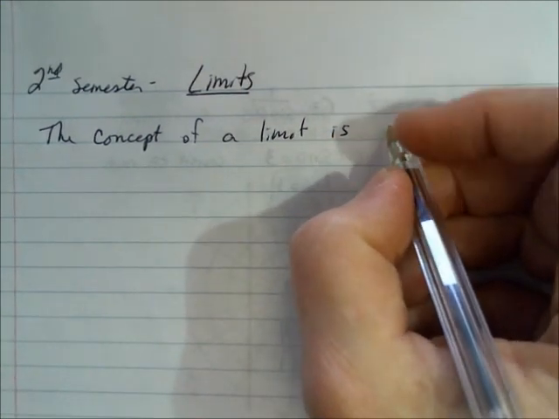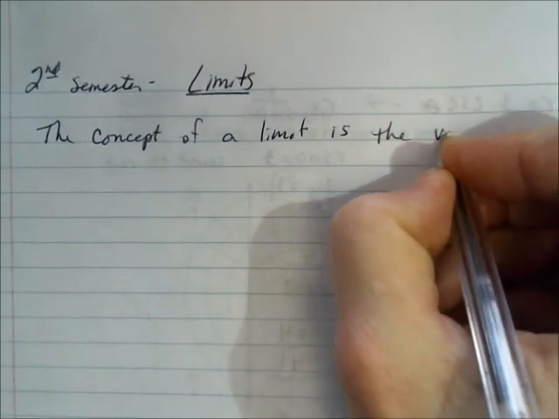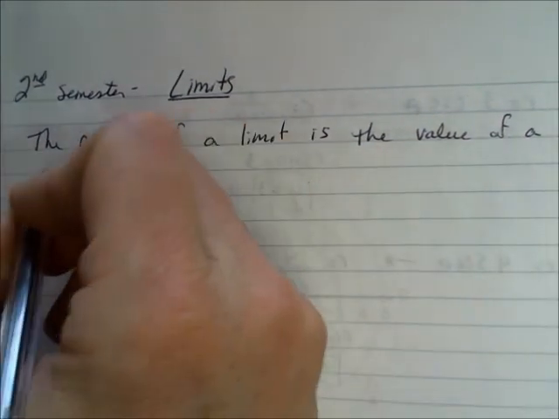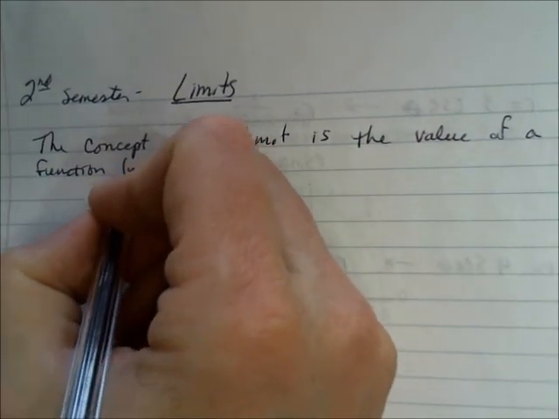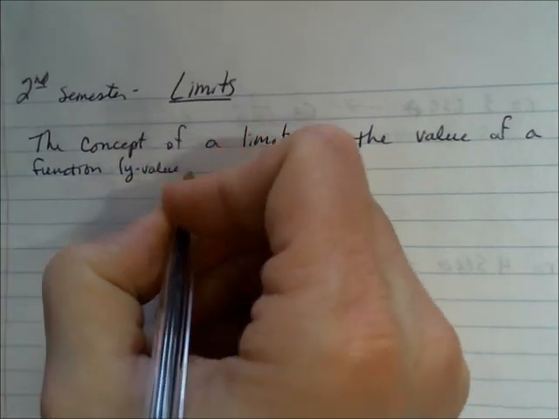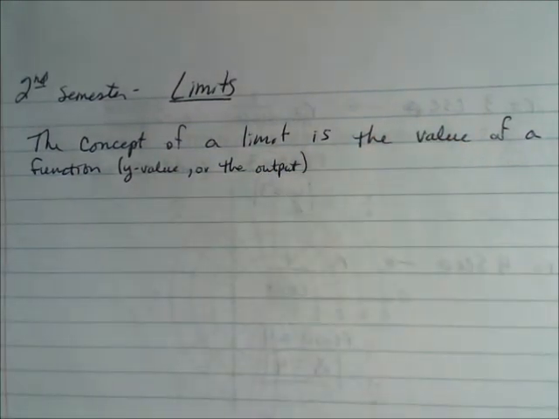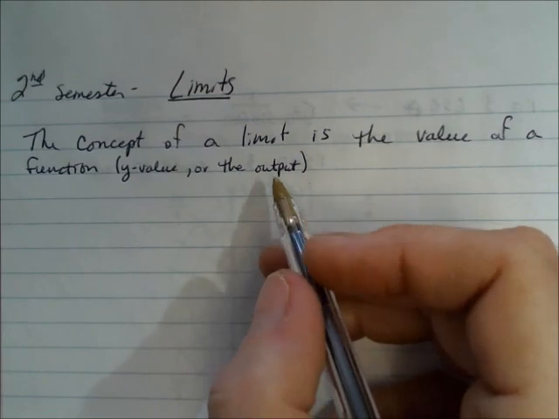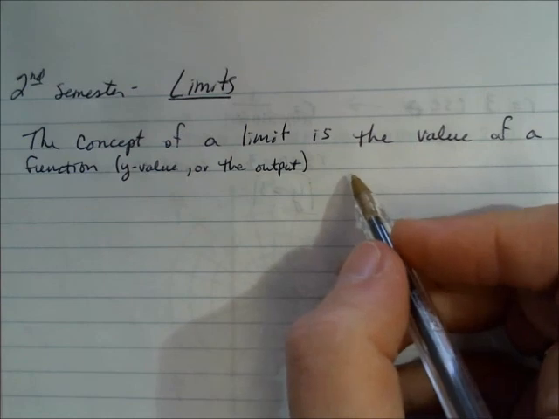And you'll see from some examples that I'll give you, it is the value of a function, that means the y value or the output. Now, when we talk about limits, if I say, what is the limit of such and such function, we're talking about the y values. We're talking about the outputs. So just keep that in mind when I say the word limit, it's a y value. It's the value of a function